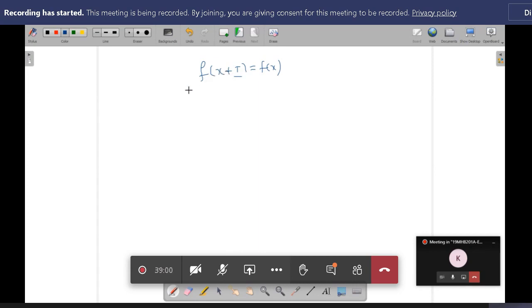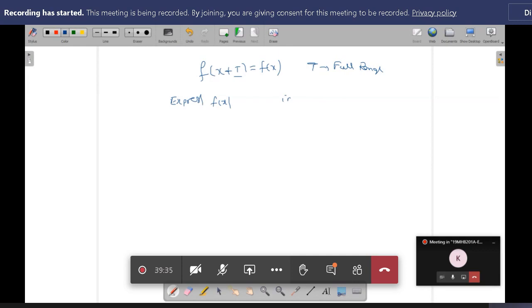If I am not specifying f of x plus t equals f of x, then this t is a full-range period. Actually, the t is the full period of a full-range function. Now if I'm not saying f of x plus t is equal to f of x, that indicates I should express the function f of x